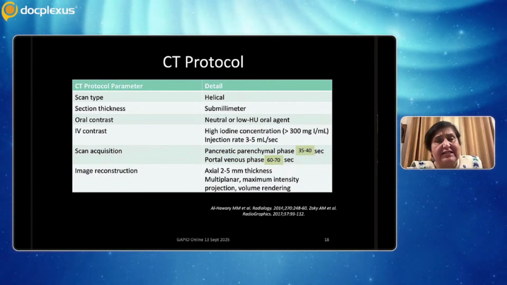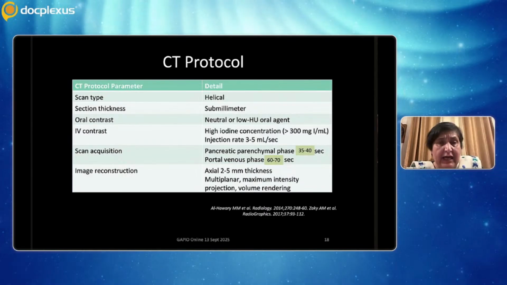The section thickness is sub-millimeter. Your oral contrast should be a neutral oral contrast. We give water and mannitol at our center. We give high iodine concentration IV contrast. We normally use either 350 or 400 milligram of iodine per ml with an injection rate of 3 to 5